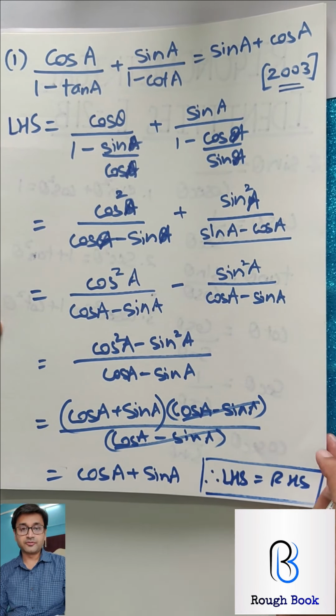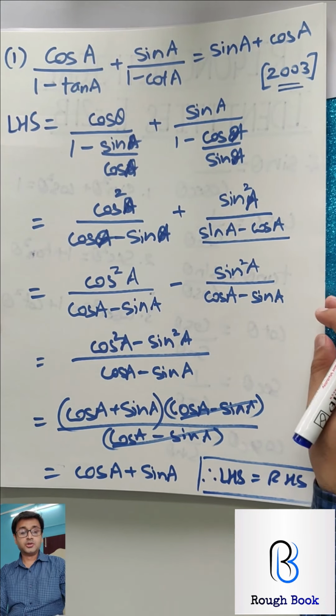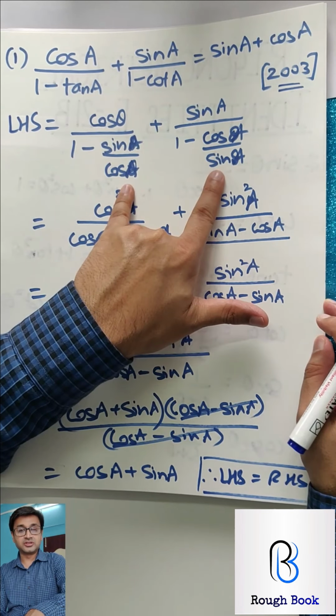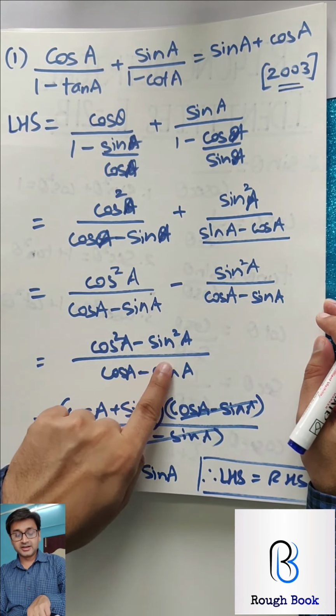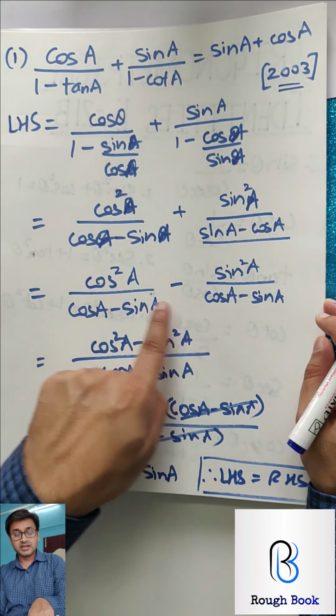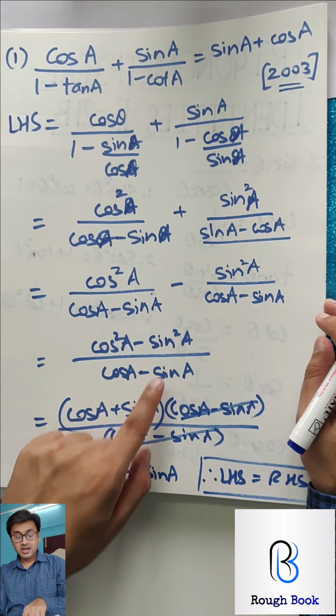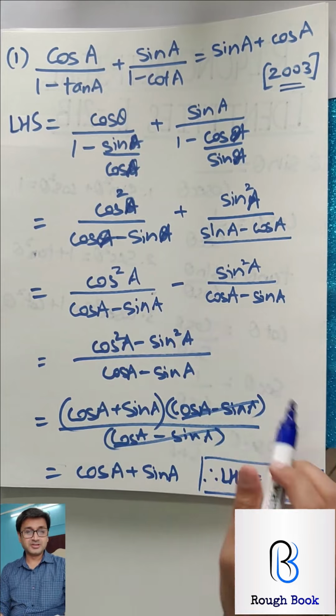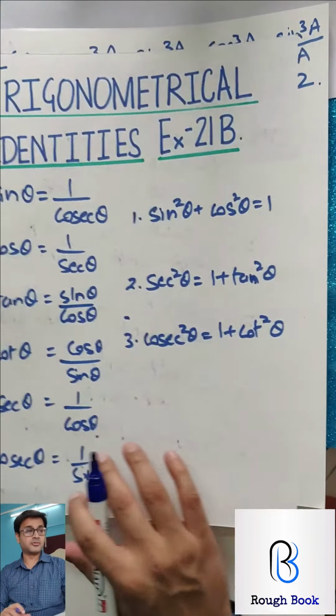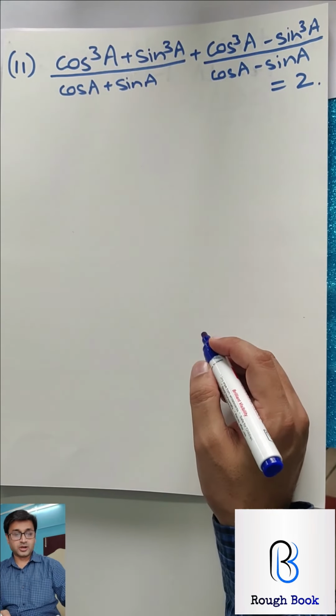A typical question from the board point of view. You will get something where you change into sine and cos. This will fetch you 1 mark. Then they will ask you to use your identity somewhere, maybe like this, a square minus b square, and you'll get 1 more mark, and then the final part you will get 1 mark. So basically this was simple. I am sure most of you must have managed. Let's take the next one.